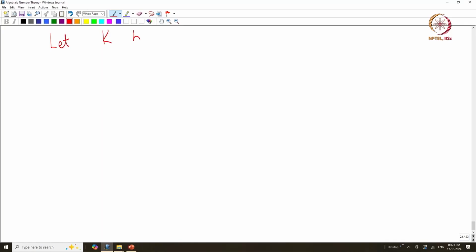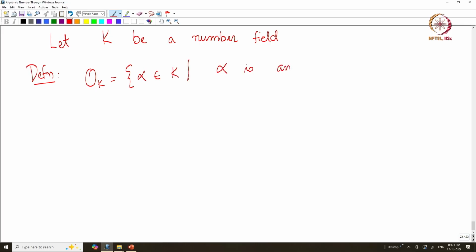Let K be a number field. So, definition: at first this is just a set, this is all alpha in K such that alpha is an algebraic integer. Okay, so this is a subset of K,